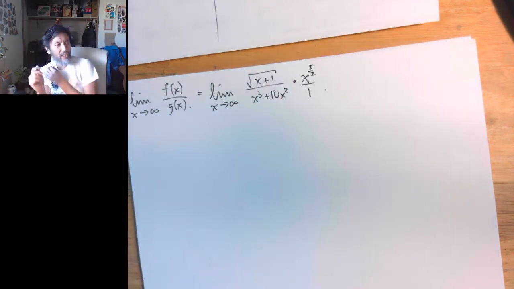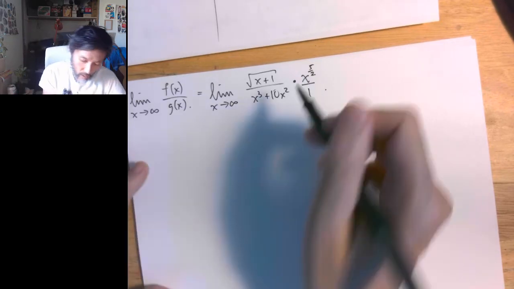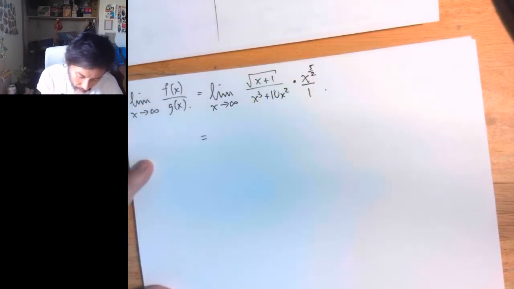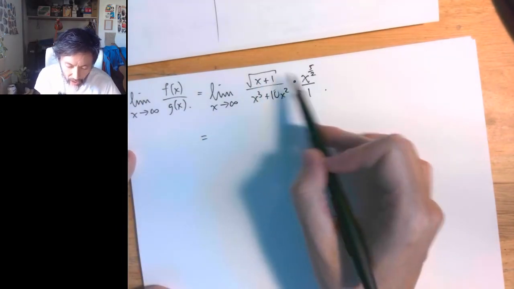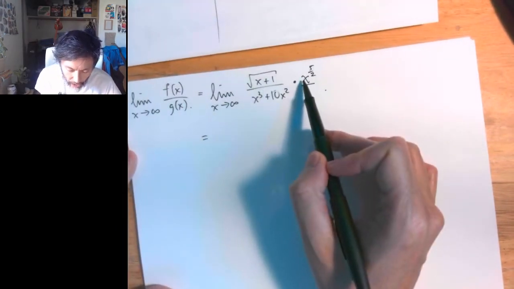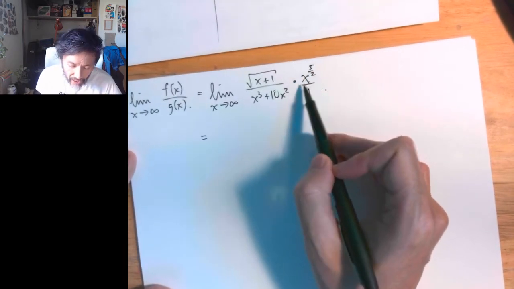And I'm writing the over 1 just to emphasize that I've taken the reciprocal, right? Now we got to do the algebra here. And so what I would like to do is marry this expression to that expression. And the way that I can do that is to rewrite this guy here